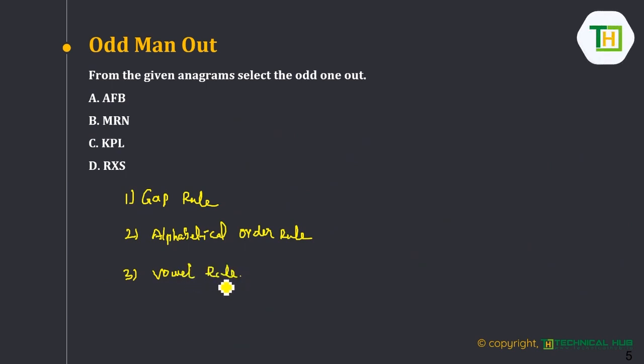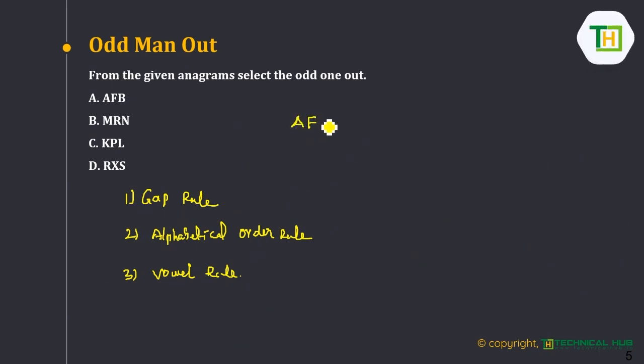The rules are step by step. Once the gap rule fails, go for your alphabetical order rule, not directly to the vowel rule. If the alphabetical order rule also fails, go for the vowel rule. Okay, so take the first option A,